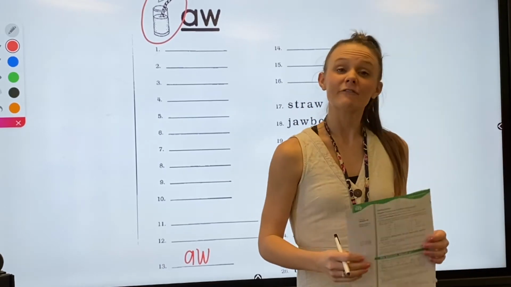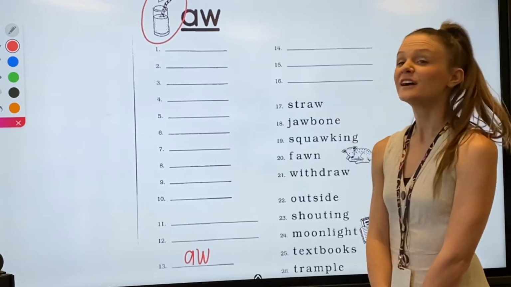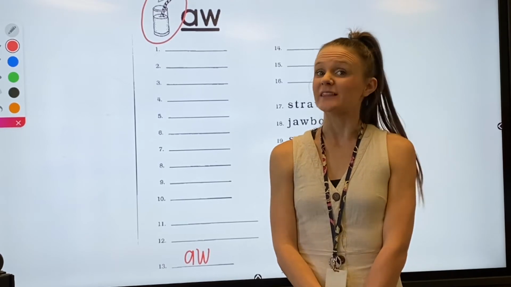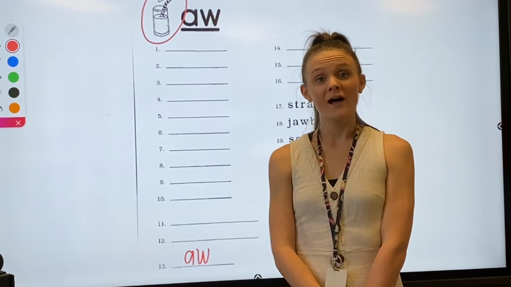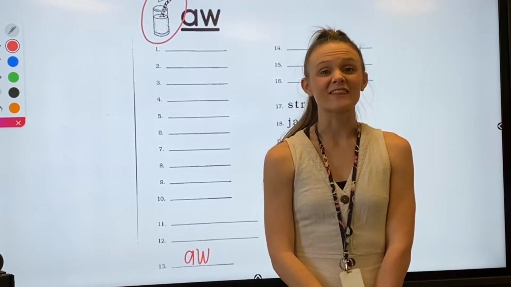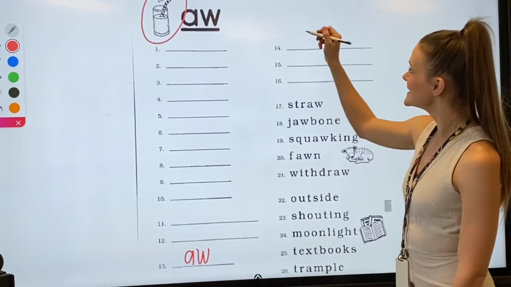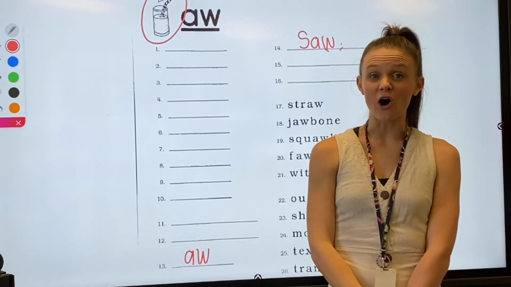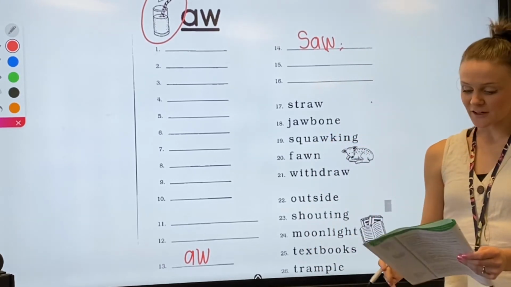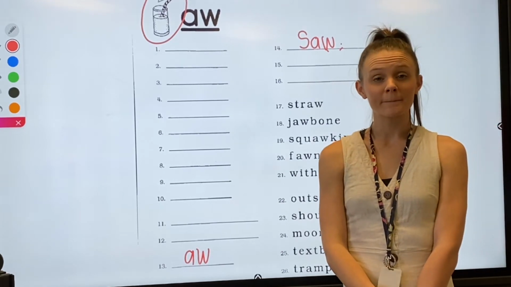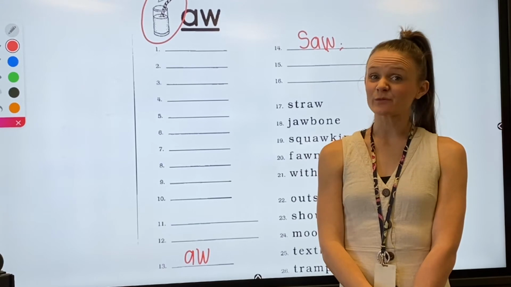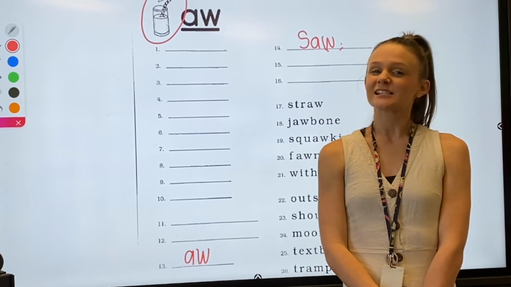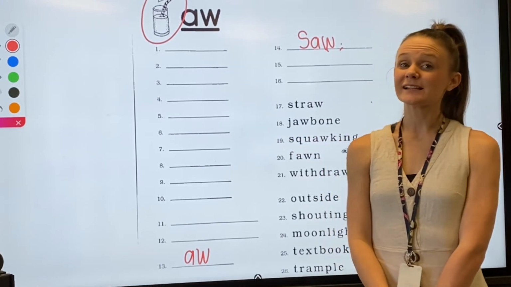We are going to be spelling a few words that have this "all" sound in them. So for number 14, we're going to spell the word saw. Saw starts with S and ends with "all." So I know that I'm using AW since it's in the final position. So I'm writing AW to spell the word saw. Very good. For number 15, we're going to spell the word law. Law. This word has the "all" sound as well, and it is also in the final position. So I know that I'm using AW. Let's spell